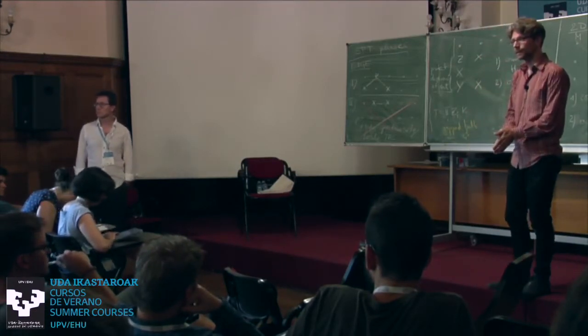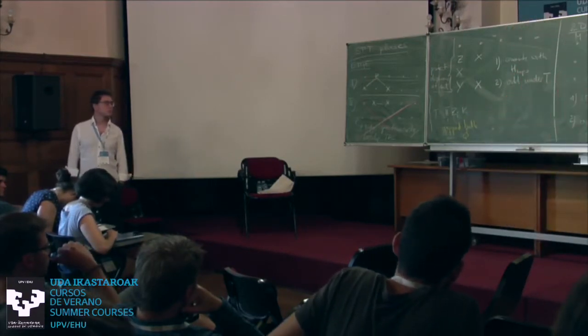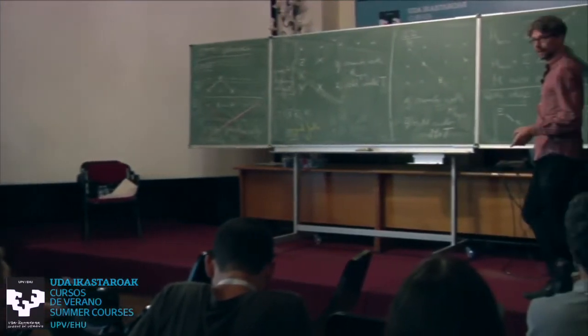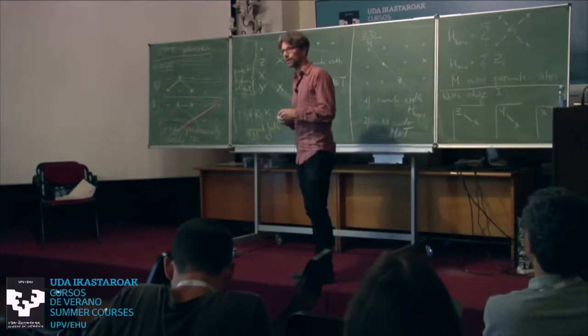Yeah. It's unique. There is, for each site, only one sigma z for each lattice site. And so there's no sort of identity like in the toric code that would